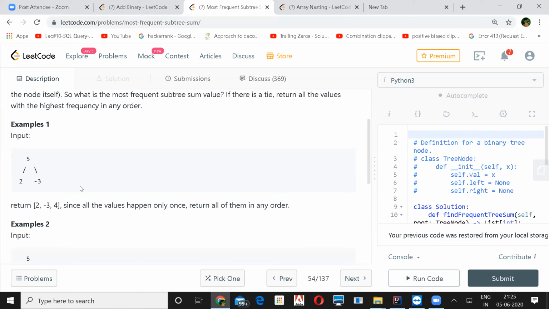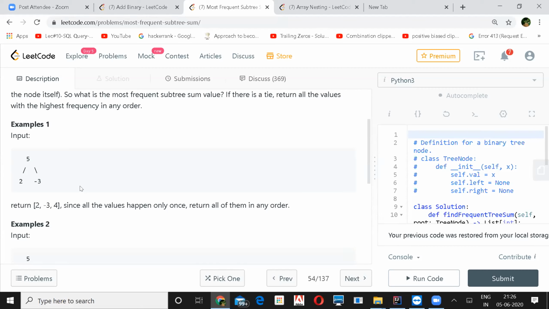So you are saying for this example 1 for node 5, you'll have to output all of 2, -3, 4 because the frequency is 1, correct? No, not for node 5. Your output is based on the frequency of the sum. Okay, I agree. But why I'm saying 5 is because if I had another parent to 5, I will calculate at a particular node and then the way up. If there is a parent for 5, let's say 6.